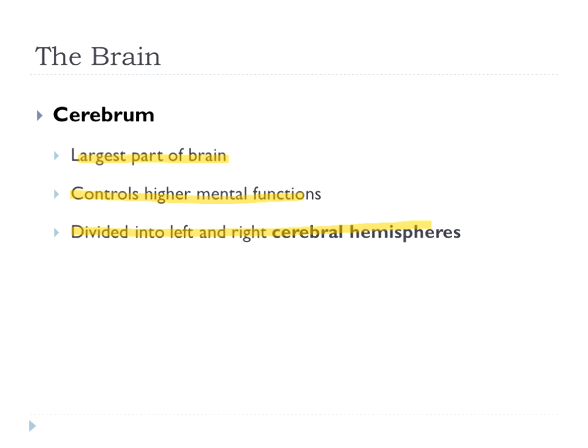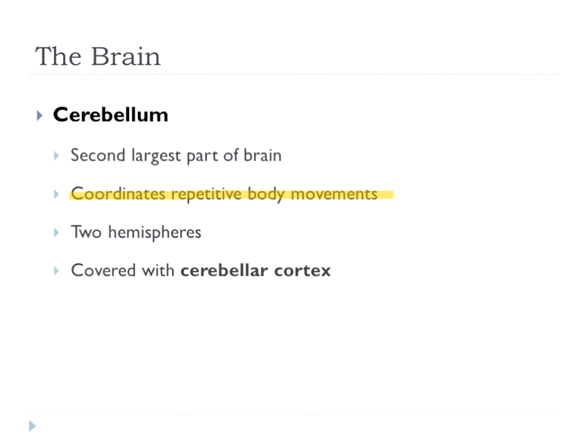So as we've already established, the largest part of the brain is the cerebrum. It controls your higher mental functions, and when we say higher mental functions, we're talking about things like learning and memory, being able to see a letter and recognize that letter is a letter and then attach a sound to it. So those are higher order mental functions. Your cerebrum is divided into your left and your right hemisphere, and it's divided by your corpus callosum, which is that tract of tissue that connects the left and the right sides of your brain.